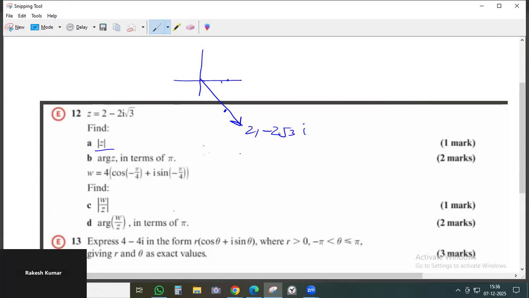Well, the modulus is straightforward. You do 2 square plus 2 root 3 whole square under root. That is 4 plus 4 into 3, which is 12 and 4, 16. This is root 16. Okay,